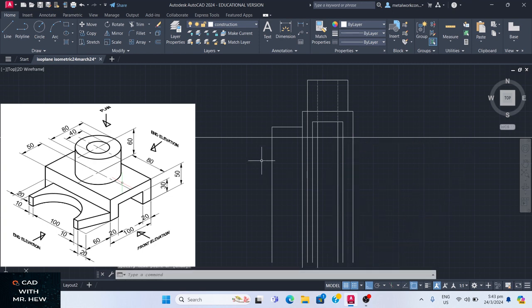All right. So I'm gonna draw a plan now. So that's our construction line. I'm gonna draw a horizontal line right here,